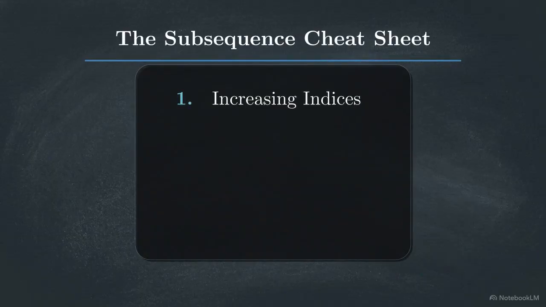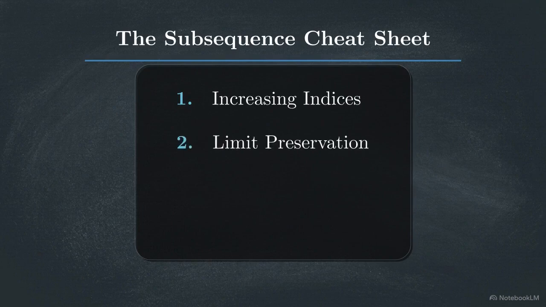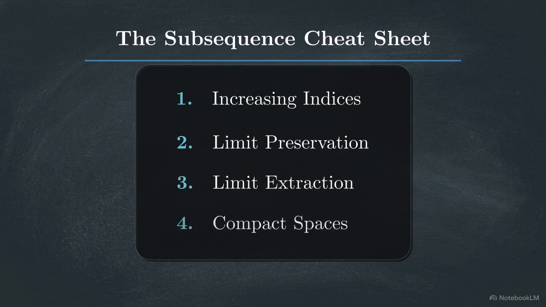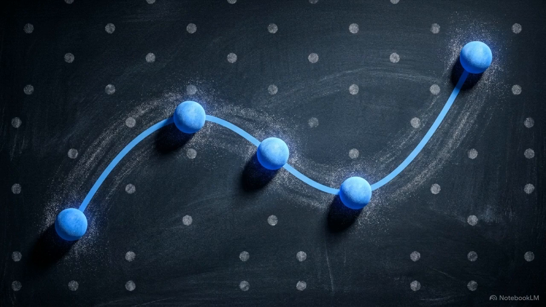Let's review. First, subsequences are formed by strictly increasing indices. Second, they preserve limits of convergent parent sequences. Third, they extract localized limits from divergent sequences. Finally, in compact spaces, at least one convergent subsequence is mathematically guaranteed to exist. Subsequences provide a rigorous way to carve out hidden